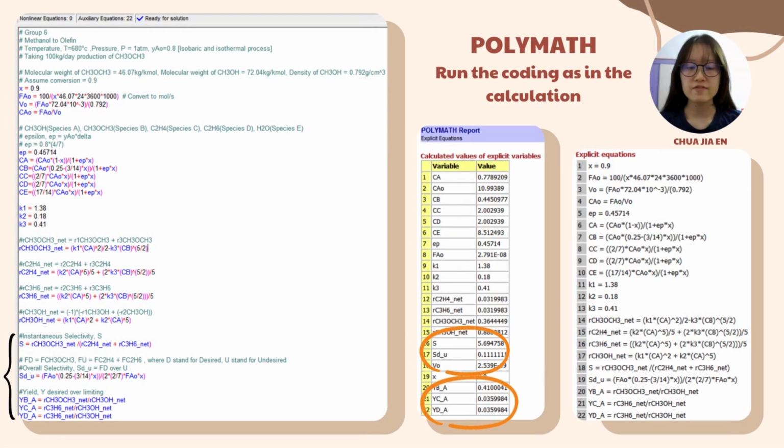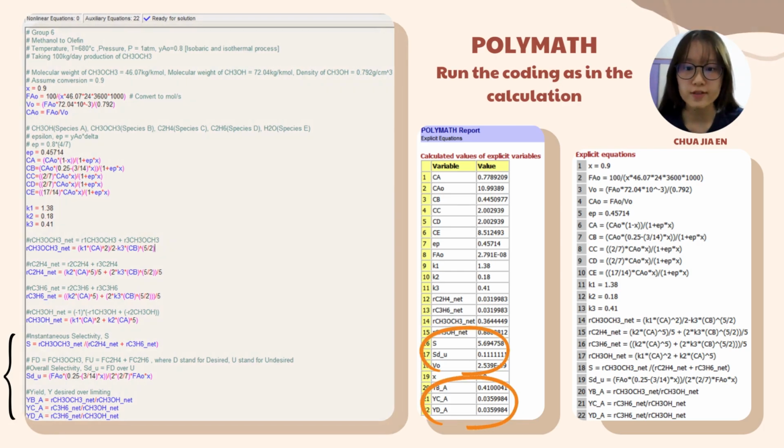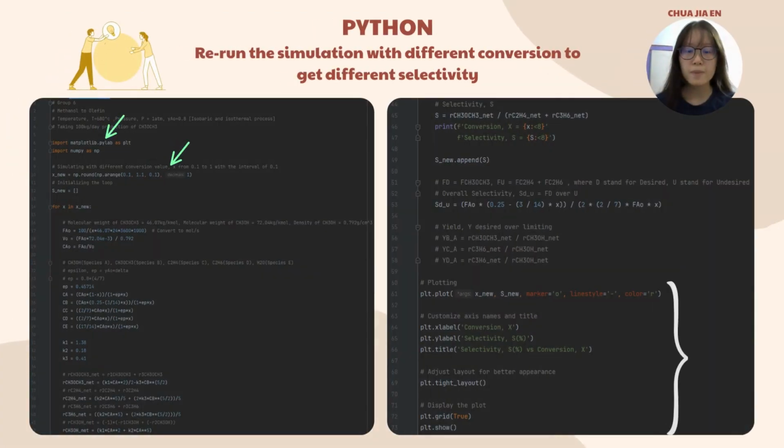We use Polymath to run the same calculation with the same input variables as my teammate introduced before. The important outcomes are overall selectivity, denoted as S, and instantaneous selectivity, denoted as SDU, and the yield denoted as Y in the programming, which we can also see as the numerical answer in the Polymath report. The calculated numerical values are the same as the result we got from Polymath. Then we use Python to simulate conversions from 0.1 to 1 with an interval of 0.1